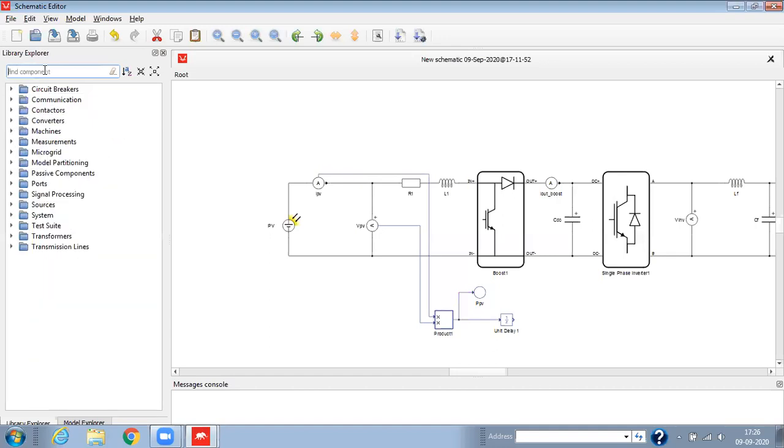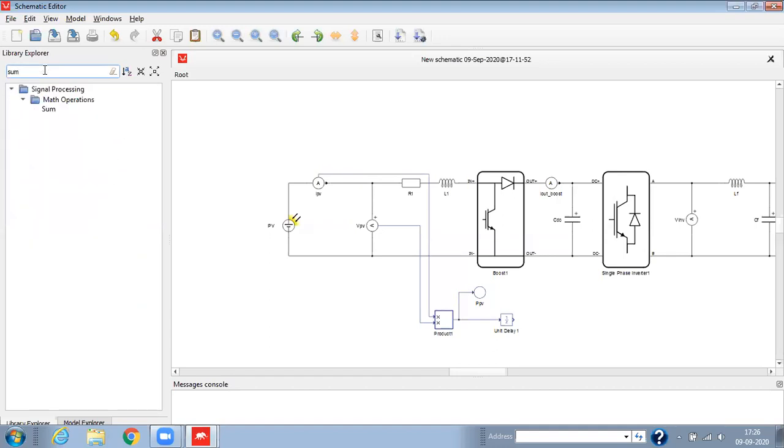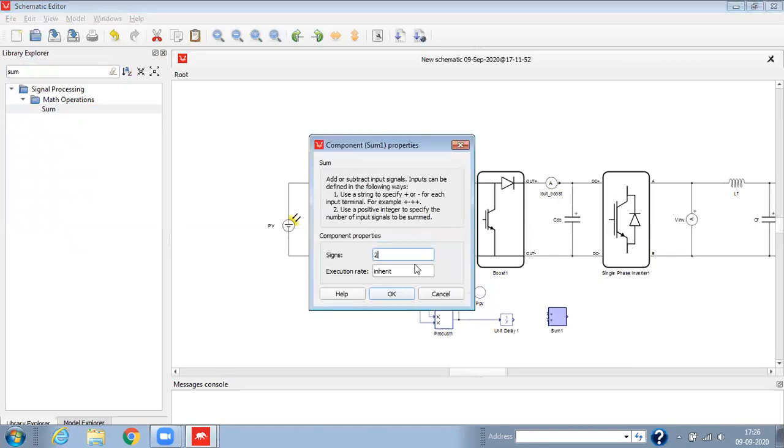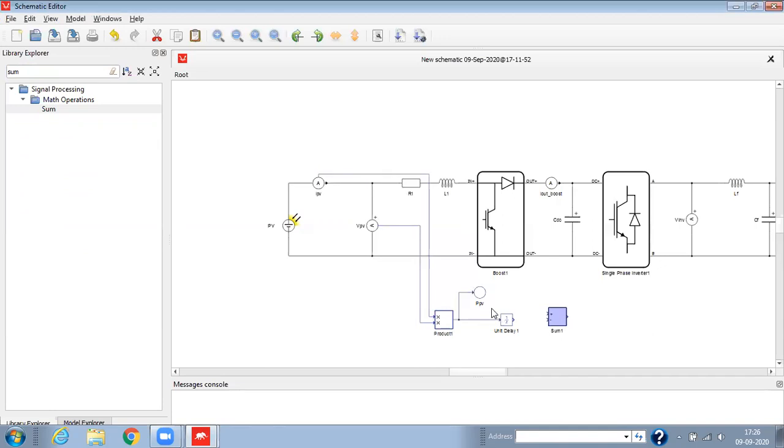So now we'll drag one sum function block here. Now we'll change the sign here, so this will be plus minus. At the output of this first sum block, we are going to observe the change in